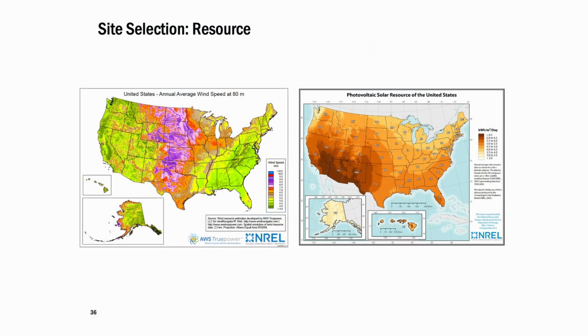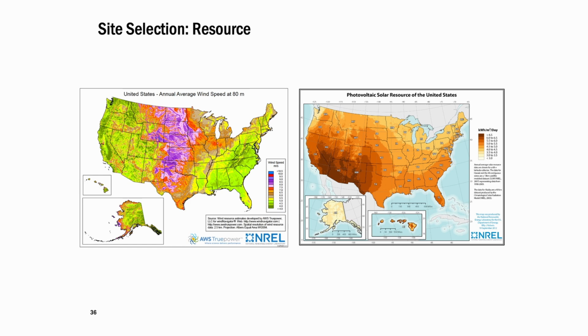Certainly, the resource is a really important factor in site selection, more important for wind energy than for solar. These maps show the wind energy resource in the US on the left and the solar energy resource on the right. For the wind energy resource, the darker purple colors, you can see there's a lot of resource in the Midwest corridor and the Great Plains. There are also pockets of good wind energy resource elsewhere, like in the Altamont Pass in California, just east of here. But by and large, wind energy project development is concentrated in the Midwest and in those very specific pockets,